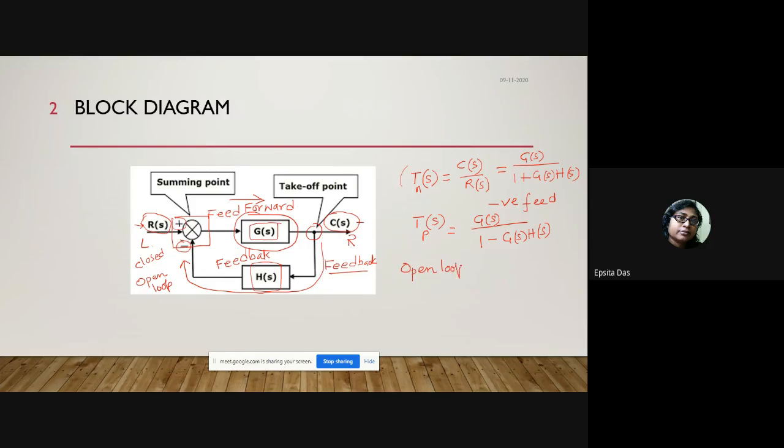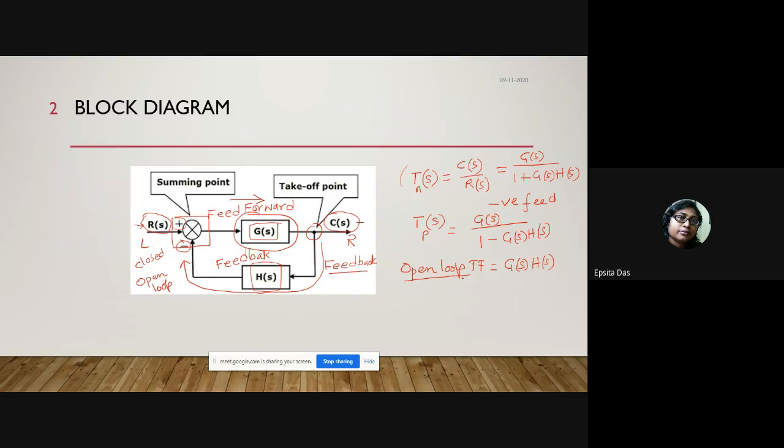Now, there is another transfer function called open loop transfer function, or loop transfer function. In electronics you generally get the term loop transfer function, but in control systems, though the ultimate expression is the same, we rather use the term open loop transfer function. Okay, so it is a very important term. And what is the formula of the open loop transfer function? It is nothing but G(S) into H(S).